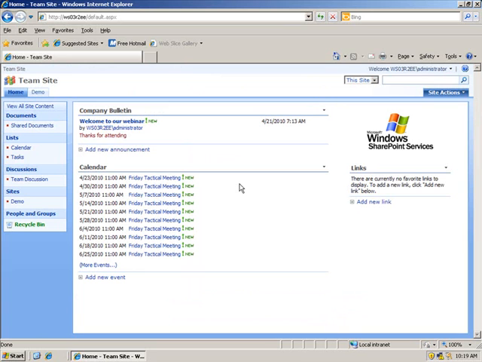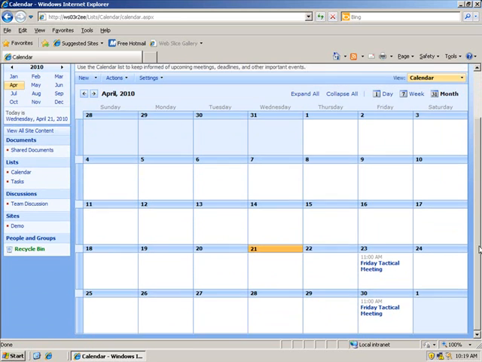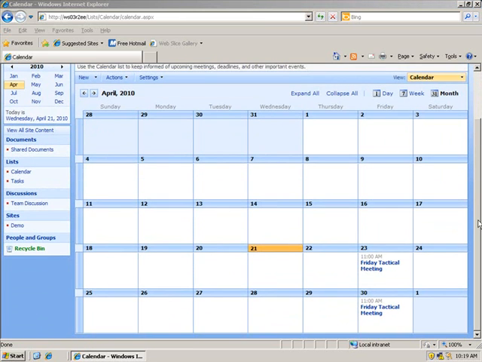So now you'll see it filled up our calendar with a whole bunch of tactical meetings because we made it recurring. If you want to view more events, you can click more events here, or you can click on the calendar heading itself. You see with the calendar, it'll open up right in a calendar view, and you'll see them all here. Now you can change the view of your calendar. Say you want to look at all